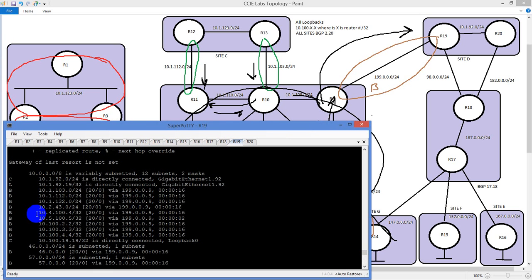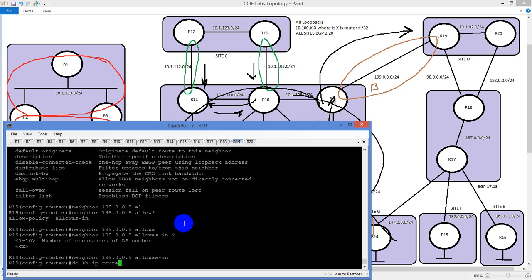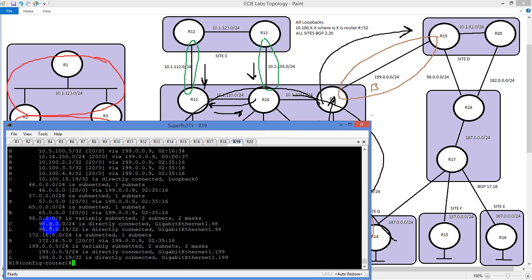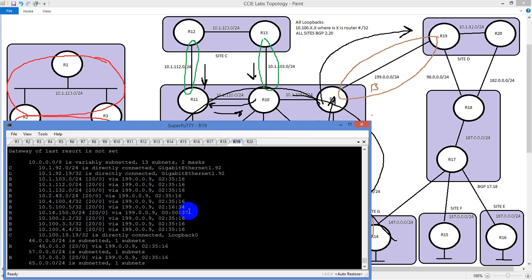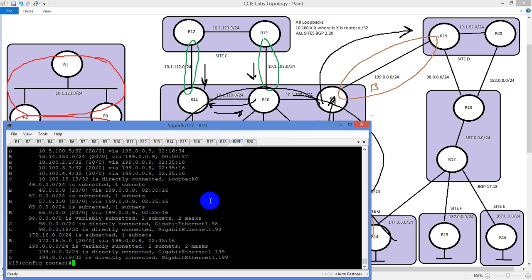So 10.4.14 isn't there. If I do this command and I do show IP route, now you do. You see that route come in. Now notice the time on it is 37 seconds ago. Now I have to do this on both sides. The reason for that is because